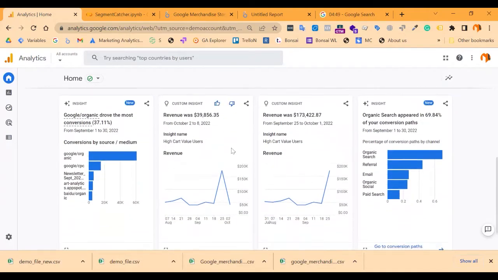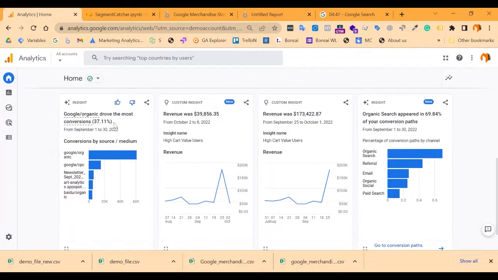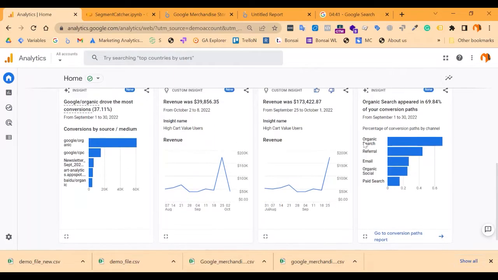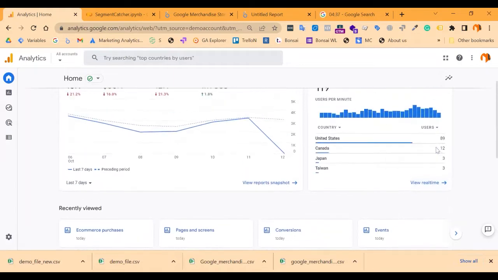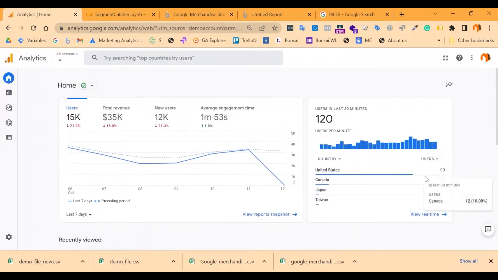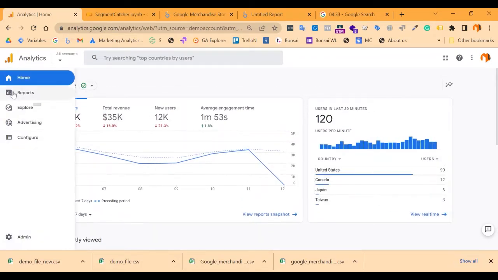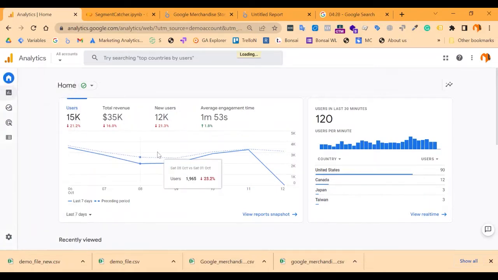Okay, there's some insights. This is an interesting insight. Google Organic drove most of the conversions, right? Organic search appears on around 70%. Most of our users are from the United States. Okay, so United States organic search. I'm getting a bit of a picture. All right,